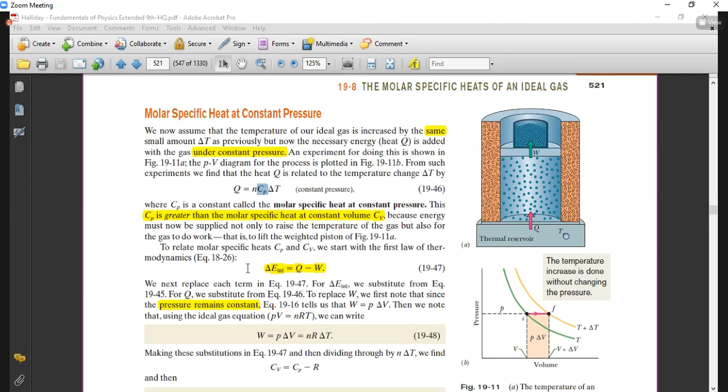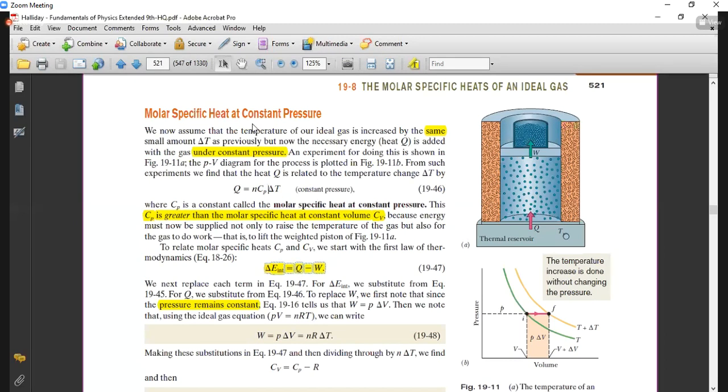Again, in this scenario we will relate Cp and Cv using the first law of thermodynamics. The first law is that the change in the internal energy of the gas is equal to Q minus W. So we will use the value of Q, which is